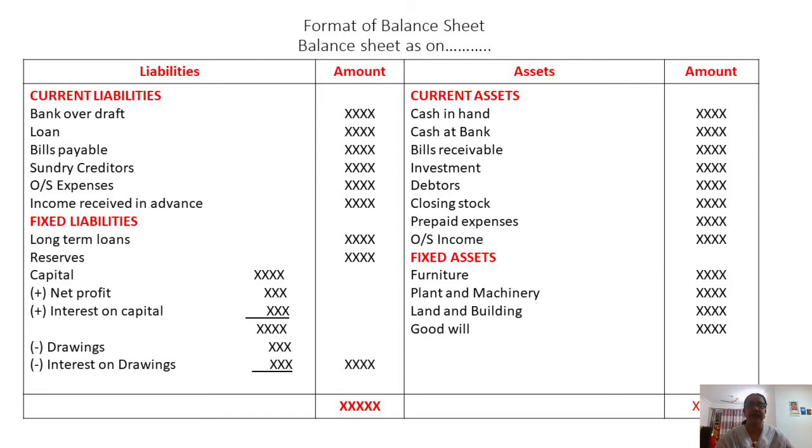Bank overdraft means the banker will allow the customer, some credit worthy customer, to draw more than what is standing in his credit. Say your account has a credit balance of 1 lakh rupees and you are allowed to draw 1,50,000. That 50,000 extra which you are allowed to draw is bank overdraft, and for that the bank will charge a heavy rate of interest. This is, as I've told you, allowed only for some credit worthy, reputed customers. And this is a short term loan, a short term liability which needs to be repaid immediately, that is say in 1 year.